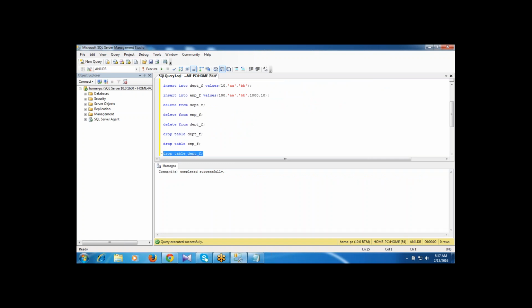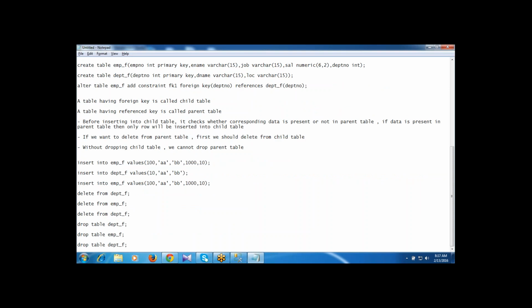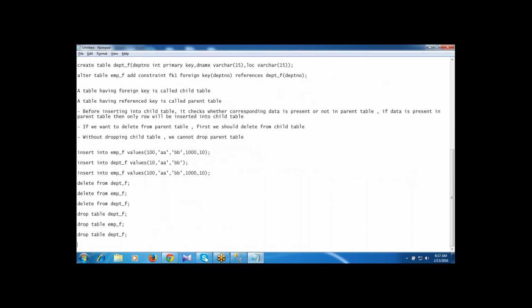Right? So these are the ways I am working with the insert and delete statements. Here I am showing the 3 steps. Before inserting into the child table, first we should insert into the parent table. If I want to delete the data from the parent table, first we should delete from the child table. Without dropping the child table, we cannot drop the parent table.